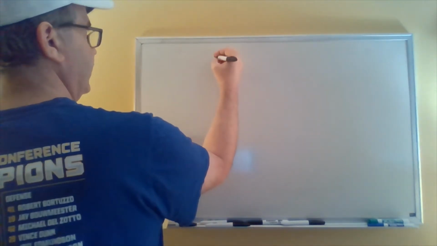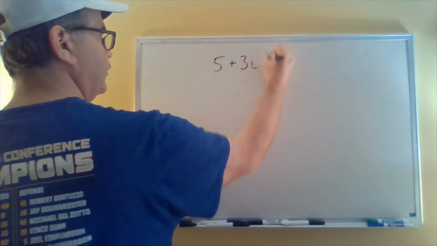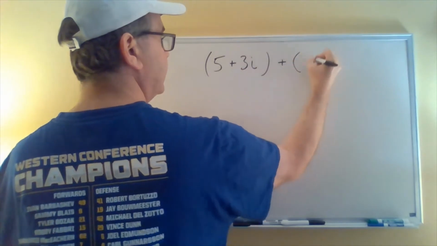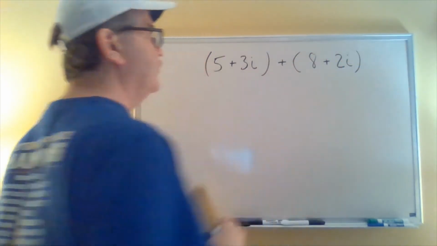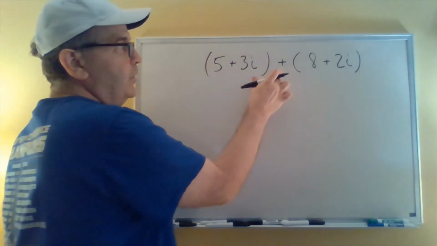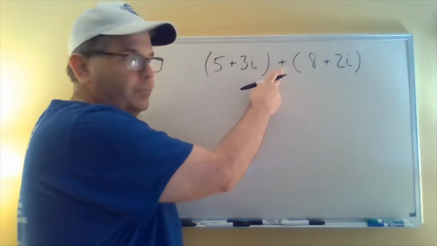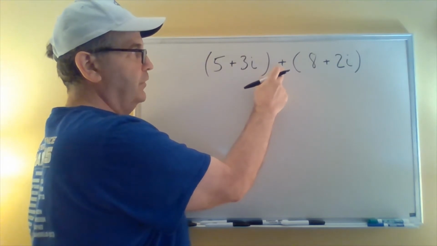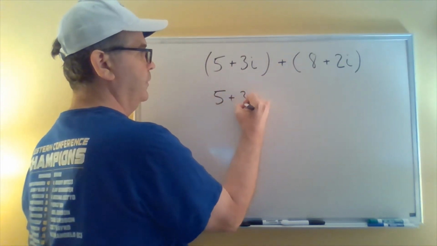Actually, I'm going to have a couple examples here, but first example, 5 plus 3i, that's our first complex number. Let's say we were going to add 8 plus 2i. So we're adding two complex numbers together. The key is going to be looking at this operator in the middle of the two complex numbers. Okay. If this is a positive sign, or an addition sign right here, we can just rewrite what's going on